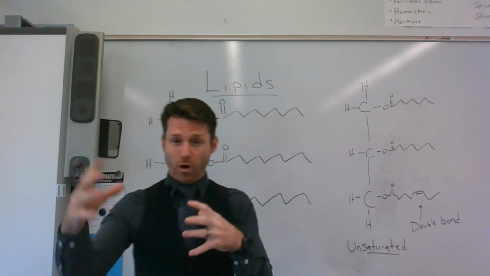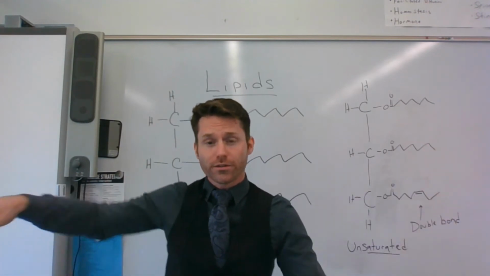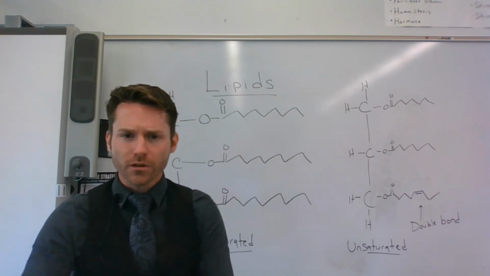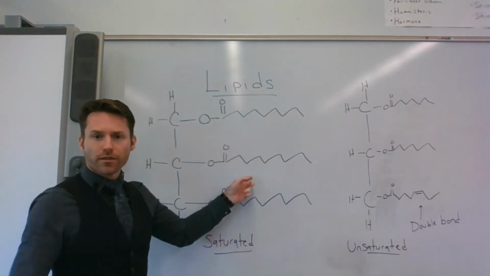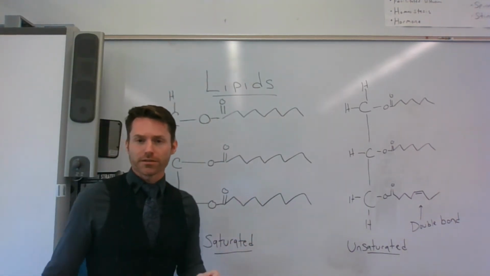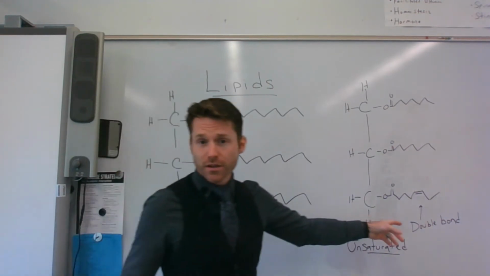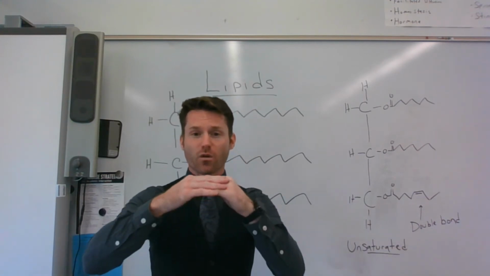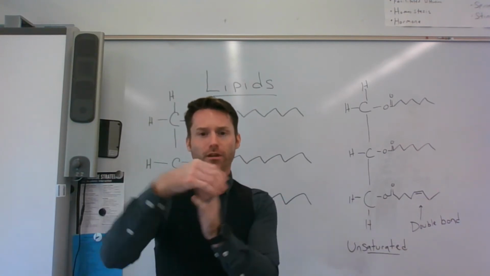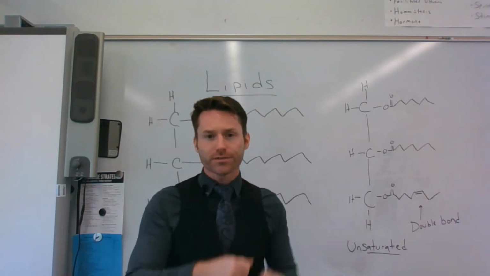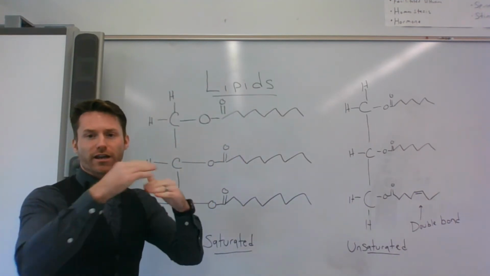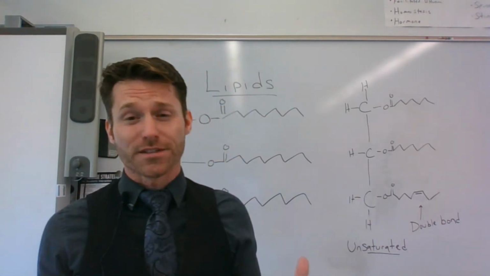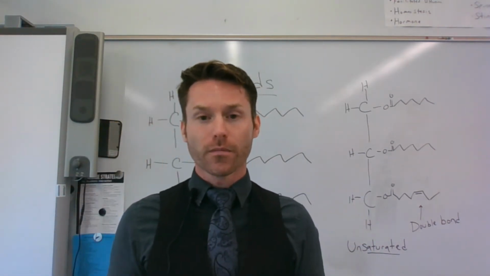So the liquidy form of oils versus the more solid form of butter comes down to the form of their small components. Because the fats can't stack up on themselves in the unsaturated fats, they don't form solids like butter. They are liquidy, like oils. These can all stack up, and so they form solids like butter. And they do the same thing inside of our body. Okay?